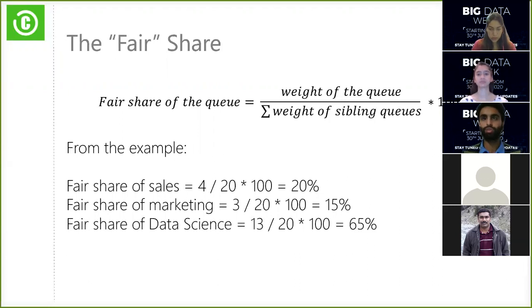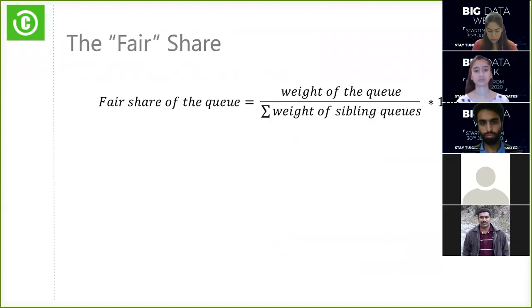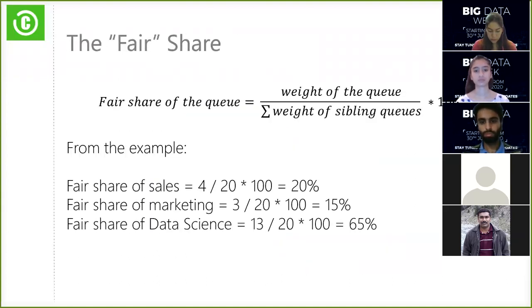मतलब ये जो रूट से डिसेंड कर रही हैं क्यूज, उनके वो 3 हैं। अगर हम पिछले डायग्राम में देखें तो इसके 3 क्यूज हैं, सेल्स, मार्केटिंग और डेटा साइंस। तो इनका जो सम ऑफ वेट्स बनता है, ये 3 सिबलिंग्स हैं, इनका सम ऑफ वेट्स 20 बनता है, 3 plus 14 plus 13। ठीक है, आप और मैं एक ही बात करें इसमें।